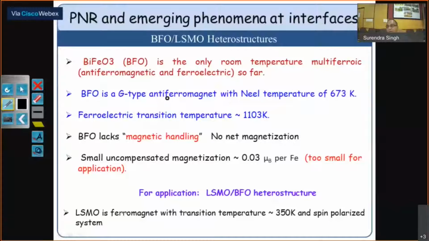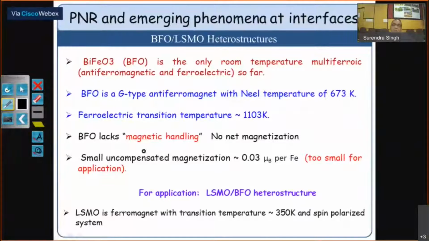The way it came up around 2000, people thought that it would have wide application in multiferroic based devices, but it didn't turn out that way because the main issue was